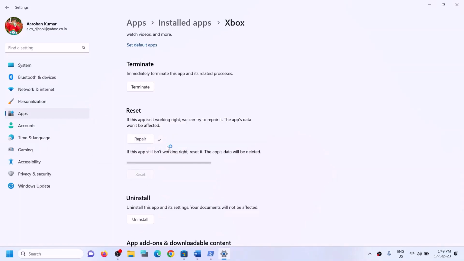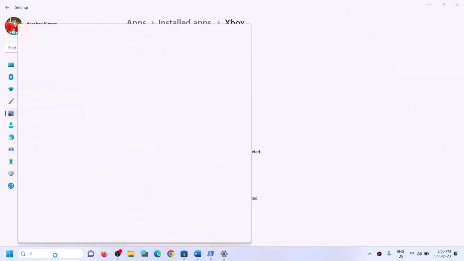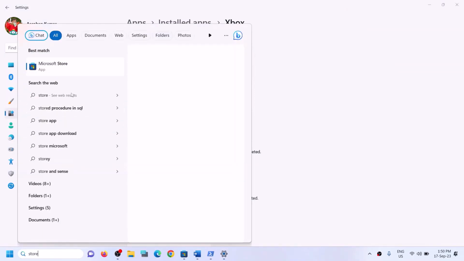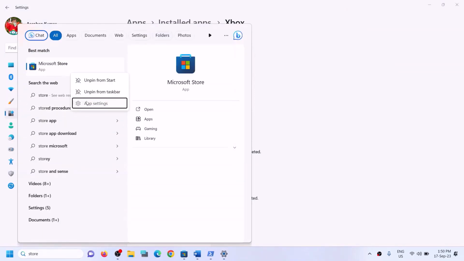Now once the reset is complete, you can try to install the game. But if even the reset is not fixing the problem, in that case you can open Microsoft Store and do the same thing with Store. So type in Store in Windows search box, make a right click on Microsoft Store and then click on app settings,